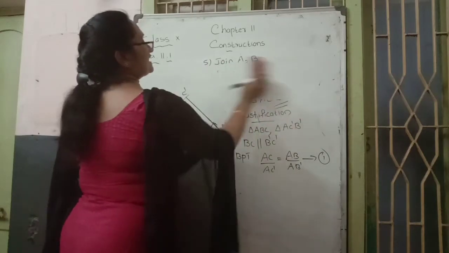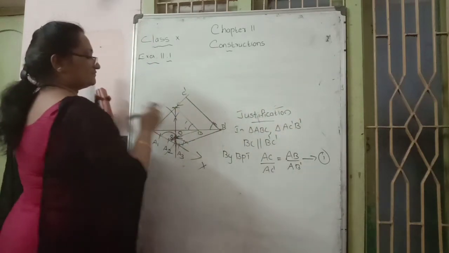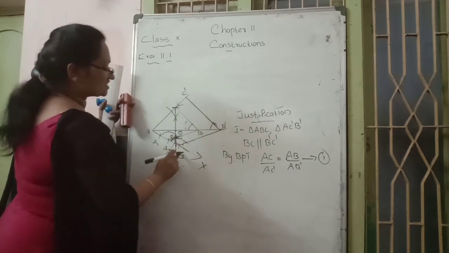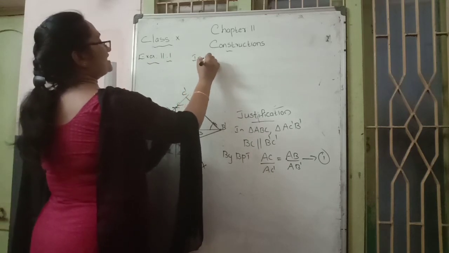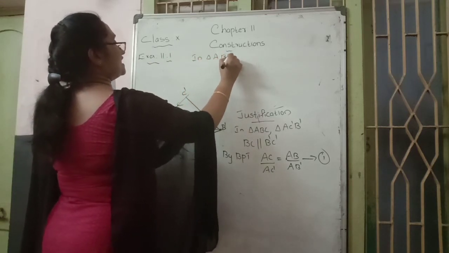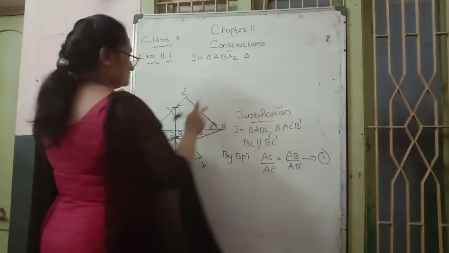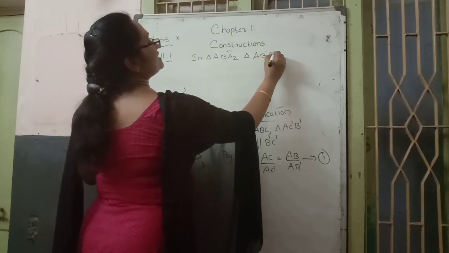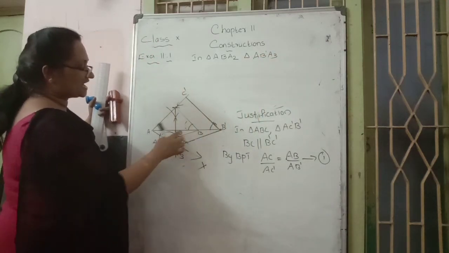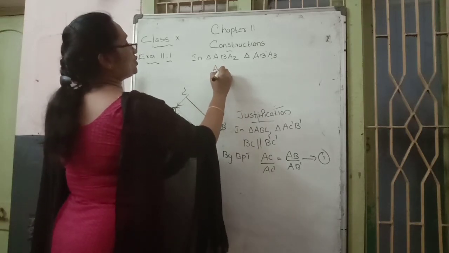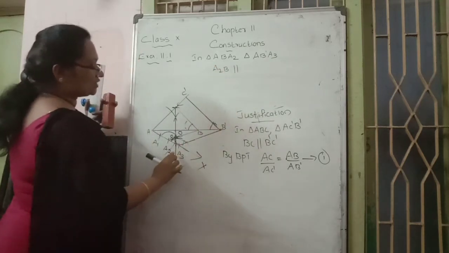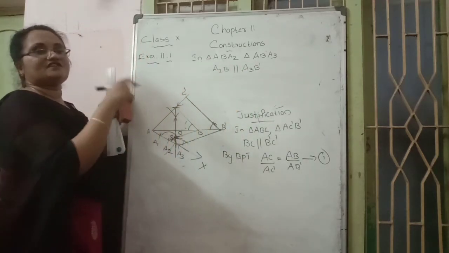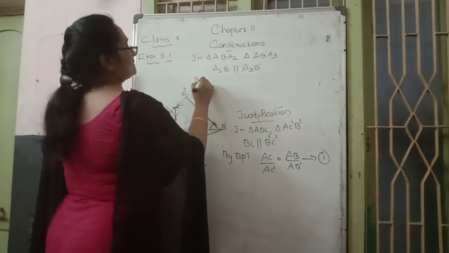Then next, second: consider the down two triangles. Which two triangles? The first triangle is AB A2 and the second triangle is AB dash A3. There also, which are the parallel lines? A2B is parallel to A3B dash. Already we proved that they are parallel only. Here also, by the BPT theorem,